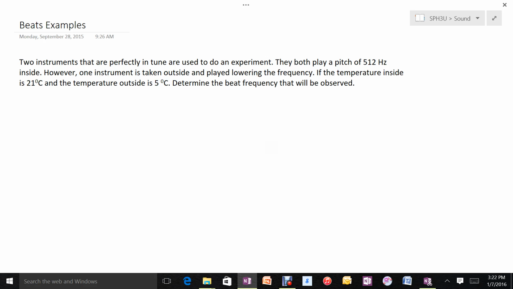Two instruments that are perfectly in tune are used to do an experiment. They both play a pitch of 512 hertz. However, one instrument is taken outside and played, lowering the frequency. The temperature inside is 21 degrees, the temperature outside is 5 degrees. Determine the beat frequency. So, the first thing we're going to do is calculate the speed of